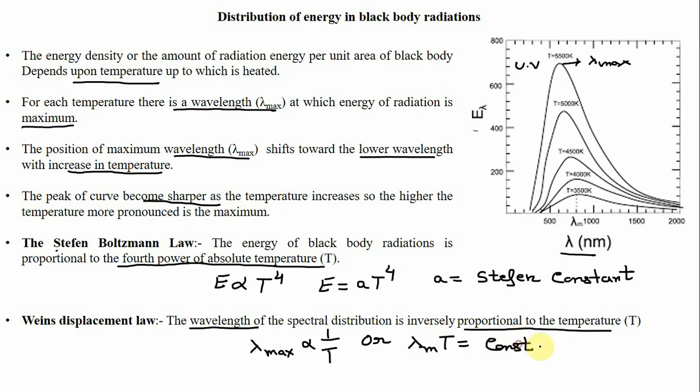So this sign of proportionality will remain as such, so it is a constant. So if we take it as such, the sign of proportionality is constant, so we have a constant here. So lambda max is equal to constant times 1 upon T, or by taking cross multiple, we can write lambda max into T is equal to constant. So this law is called Wien's displacement law. So these two important laws are given for the black body radiations by classical theory, or these observations were given according to them.